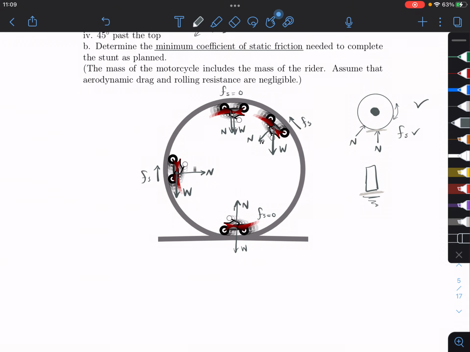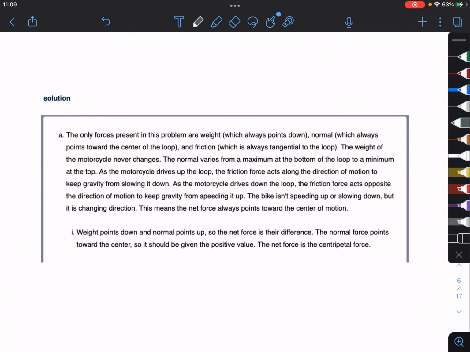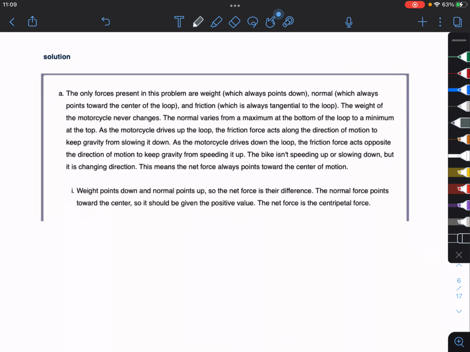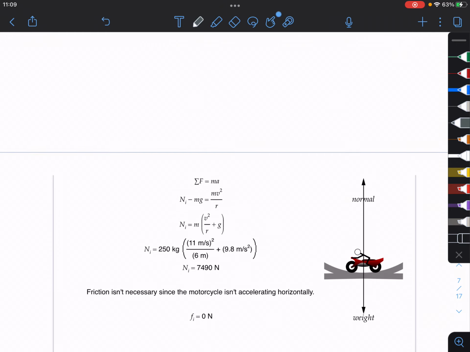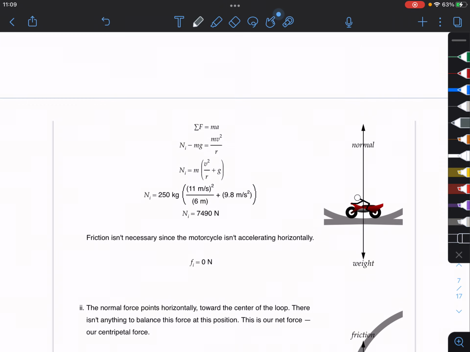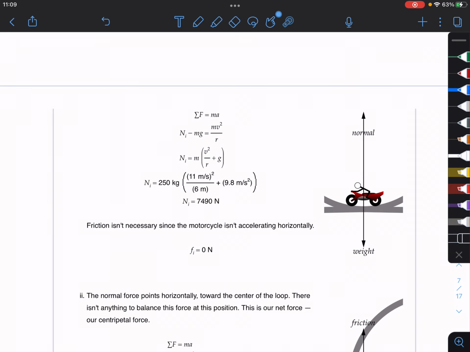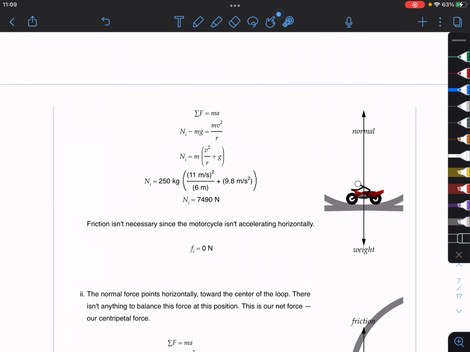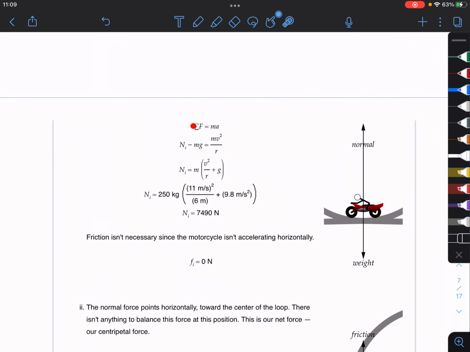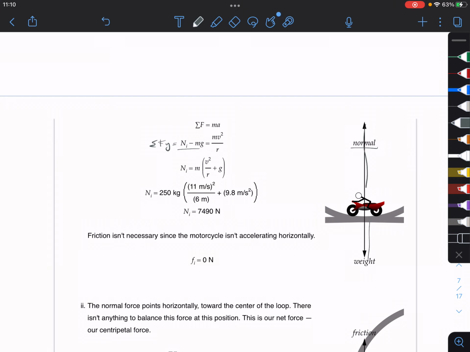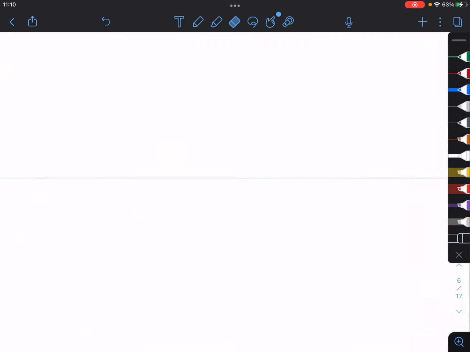So now let's look at the solution here. You can go ahead and read through this part. I'm just looking at the pieces. So first condition, we're at the bottom here. We're going to use the sum of forces is equal to mass times acceleration. We have the normal force pointing up minus mg. So this is the sum of forces in the y direction, equal to the normal force pointing up minus the weight going down. And then one thing about the centripetal acceleration,